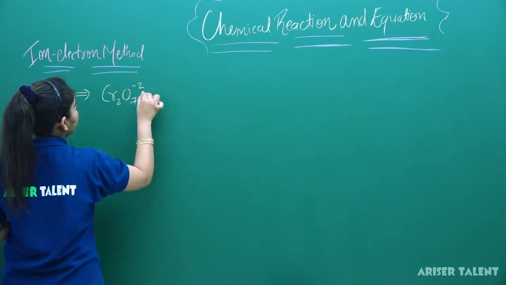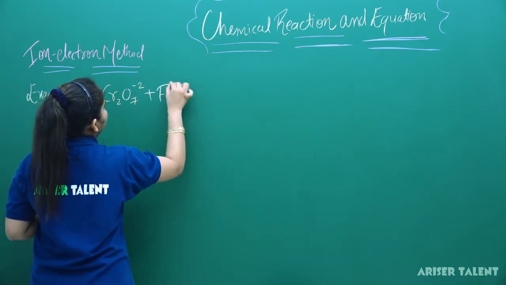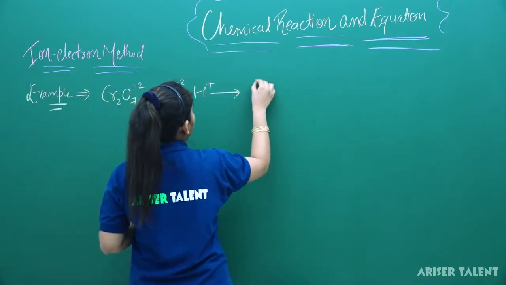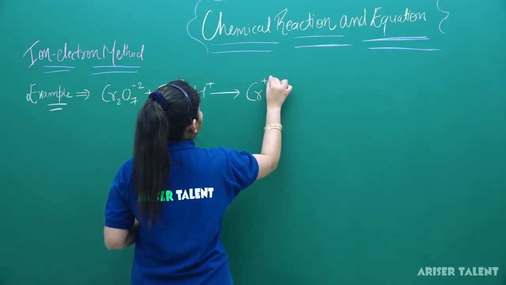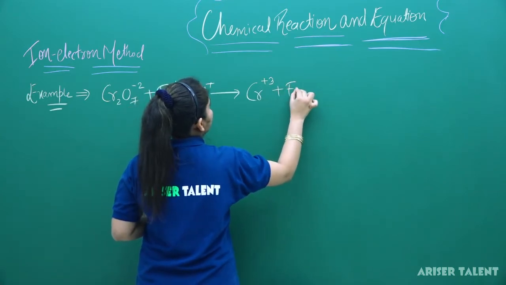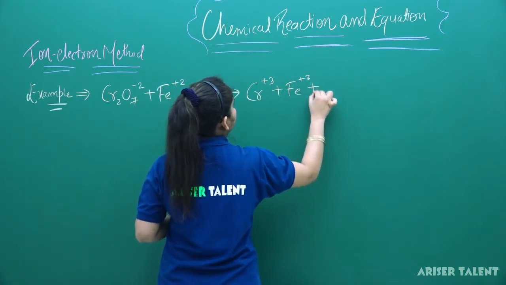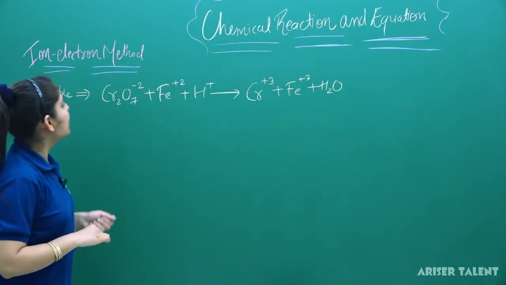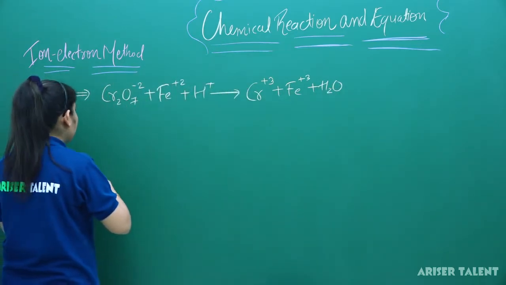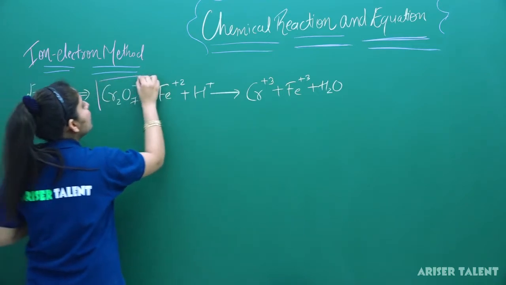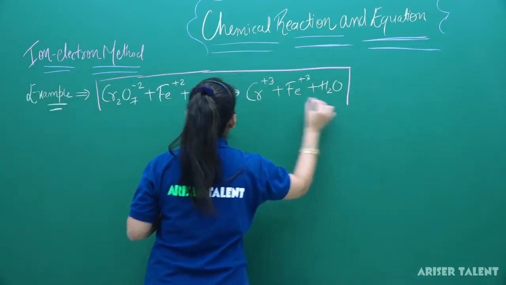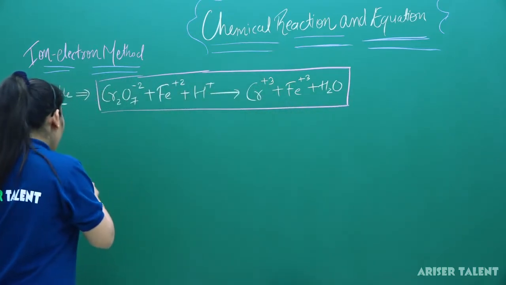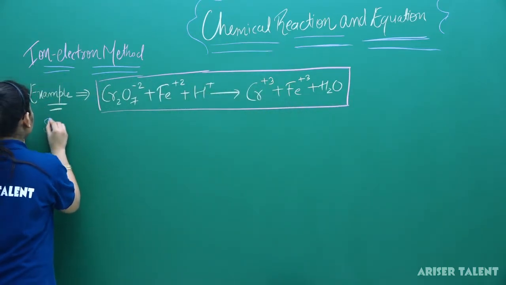Cr2O7 2-, Fe2+, and H+ give Cr3+, Fe3+, and H2O. So this will be our example and we have to balance this equation. We will follow similar steps and try to balance the equation by the ion electron method. So our step number 1 will be